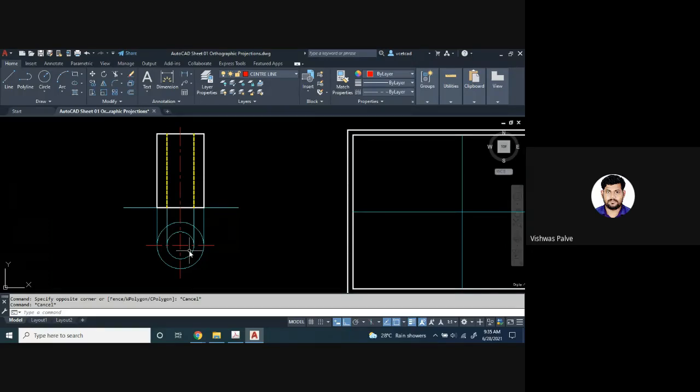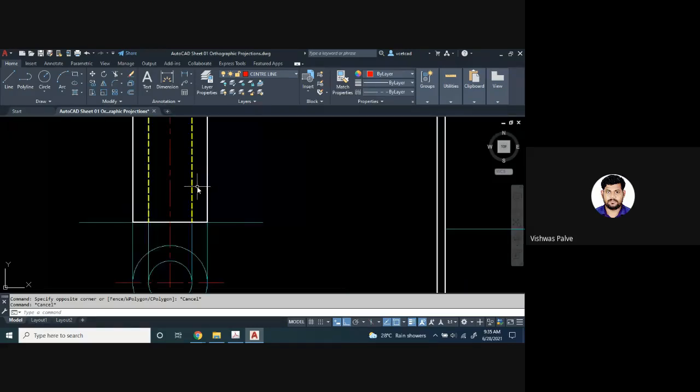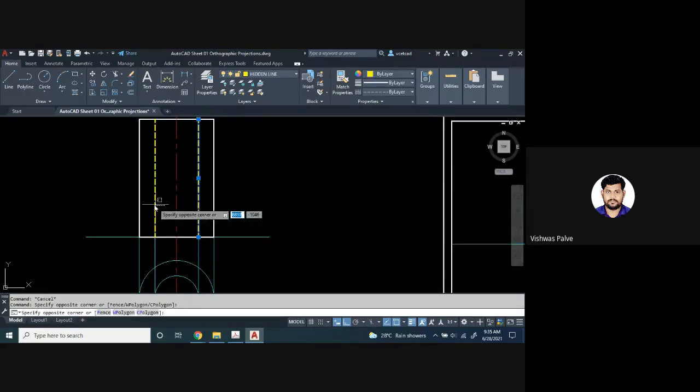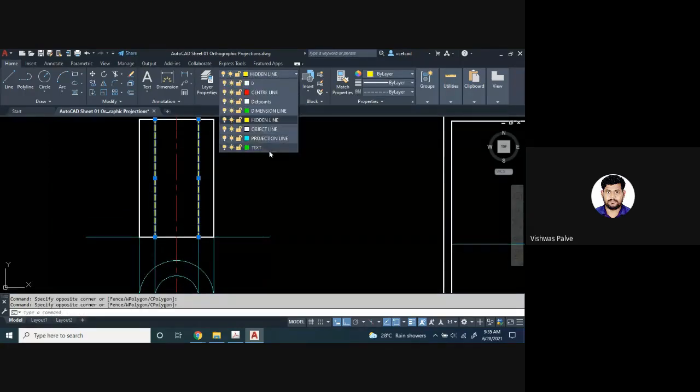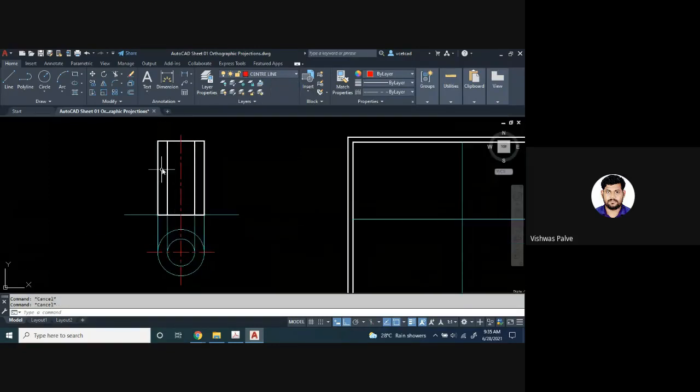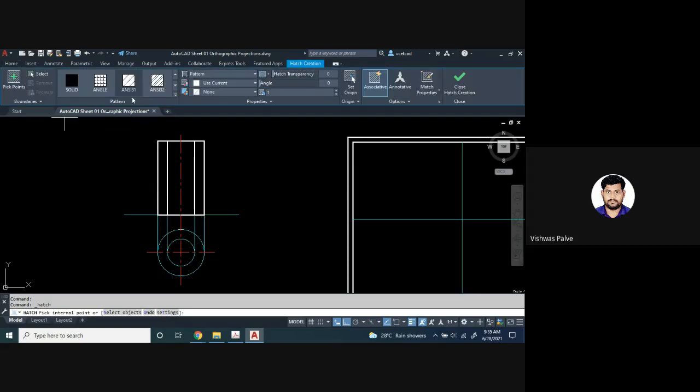Now what is the necessity of cutting this? Few of the features which are not visible in the orthographic projection can be shown in detail. Suppose I want to show an internal view of any part, then we can take a sectional view. In that case, instead of drawing a hidden line, after cutting it, it will get converted into an object line. After cutting, this portion will be seen, and in that we have to show the hatching, which means the solid material will be seen.